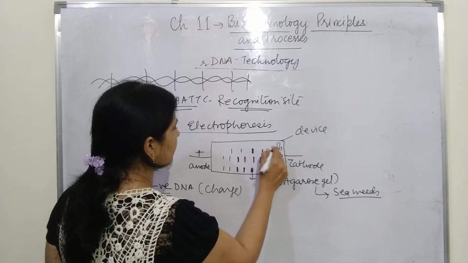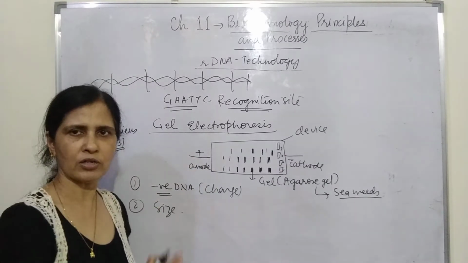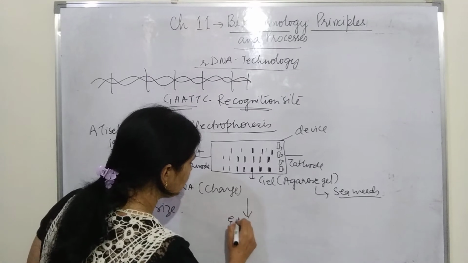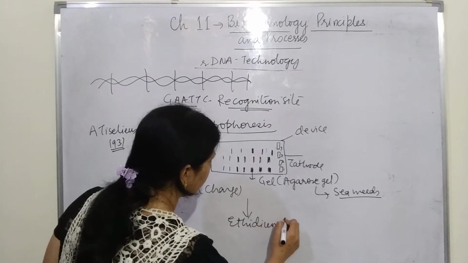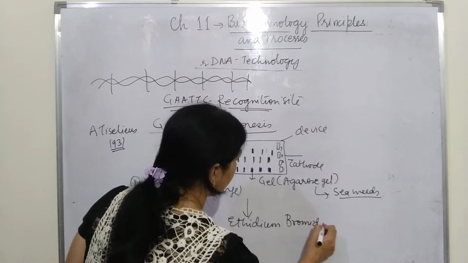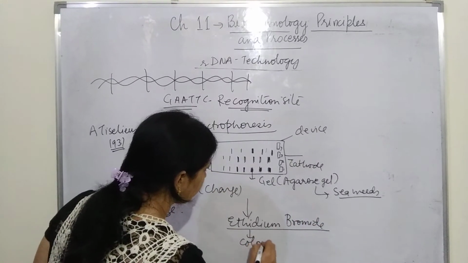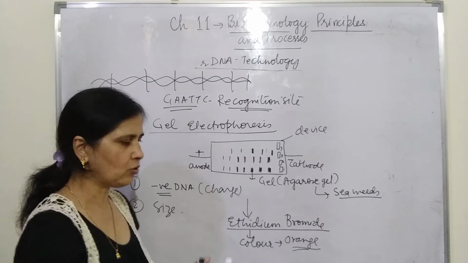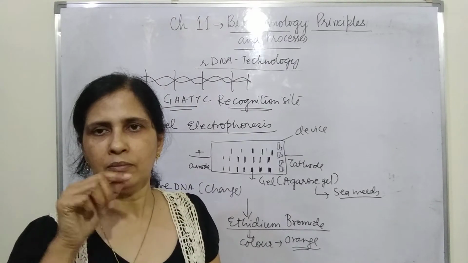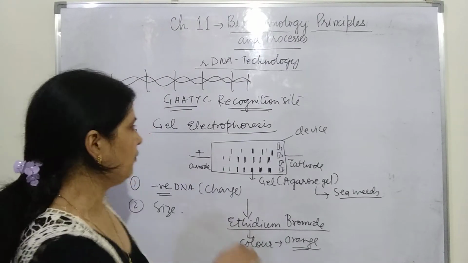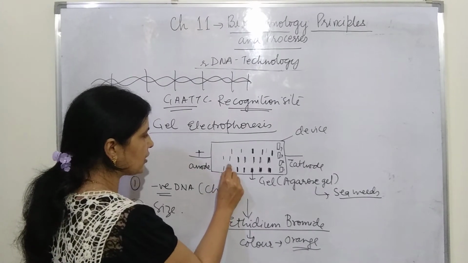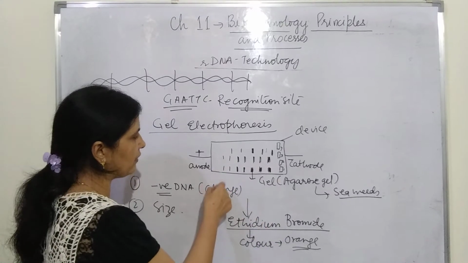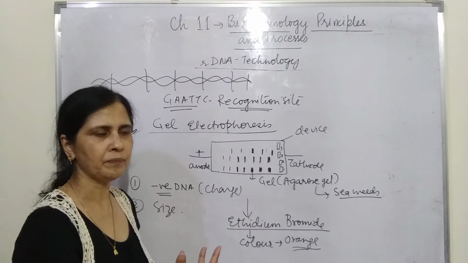So once the process is completed, once they have got separated, then we turn the device off, and after that we use ethidium bromide to color them, and the color is orange. So we are able to see those orange bands over the gel, and we can identify them. Then we can cut these small pieces of the DNA very easily, because the gel is very, very soft, and since the DNA is now visible, we can extract it.